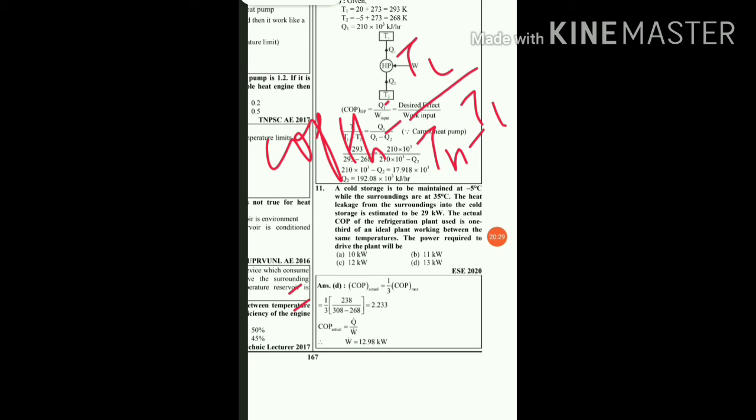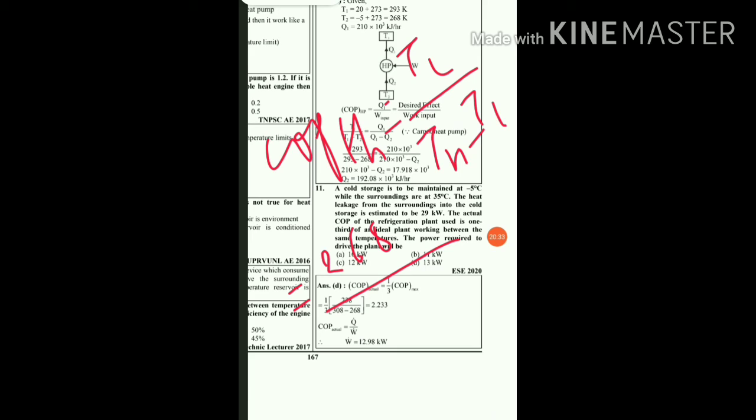Here the W input will be required. The actual COP will be 1/3 of the theoretical COP, so first of all you should find out the theoretical COP. For that purpose you should know the two temperatures. Once you know them, it is quite easy. The theoretical COP is TL upon TH minus TL, so it is minus 5 plus 273, that is 268,